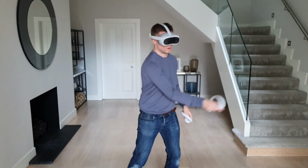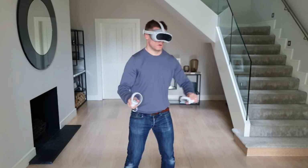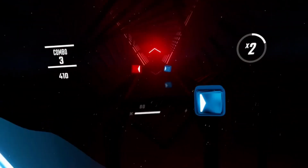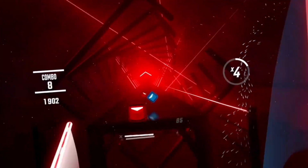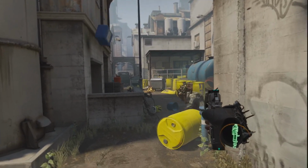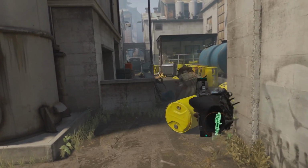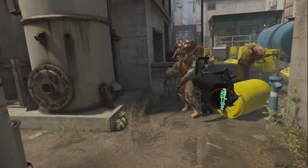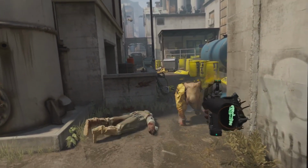And once you're able to tolerate comfortable VR games for a long time, you can slowly move up to moderate or intense games and see how you get on. Stationary games are much better at preventing motion sickness rather than games where you're moving or running around in VR. I find Beat Saber and Job Simulator to be very comfortable games, whereas games like Green Hell and first-person shooter games in VR require a much stronger stomach, and I really only recommend these for people who either don't get VR motion sickness or have built up a tolerance to it